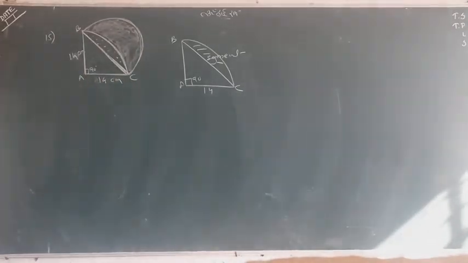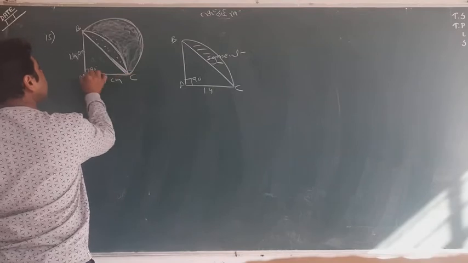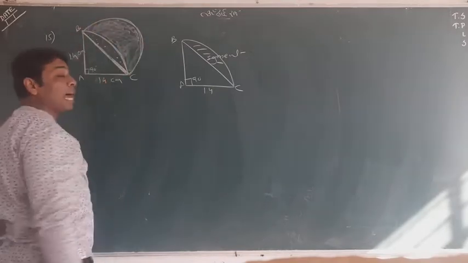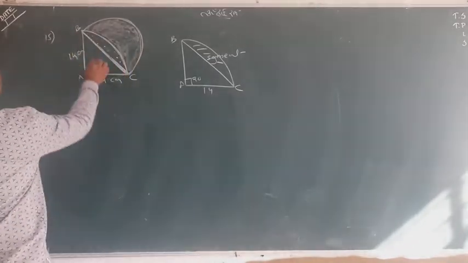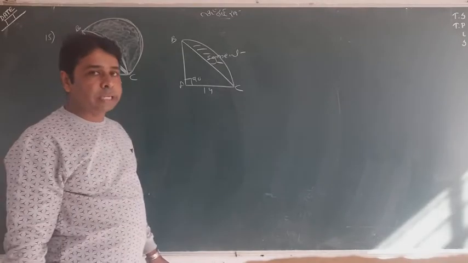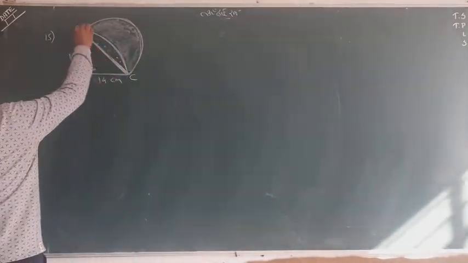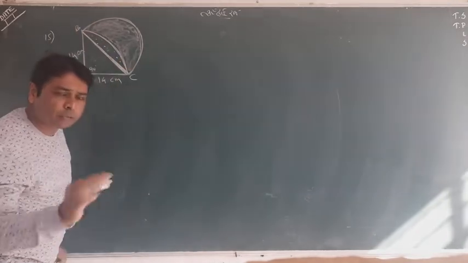So first of all, I tell you one thing which is very important: this is 14, this is 14. This is going to be the diameter of the semicircle, which is the hypotenuse, and first of all we will find that hypotenuse by taking Pythagoras theorem on triangle BAC. So look, one by one I tell you. First of all, I will use Pythagoras theorem to find BC, which is the diameter of the semicircle.